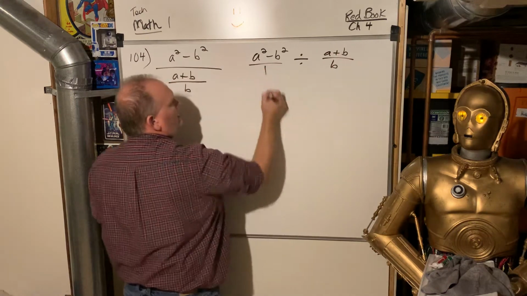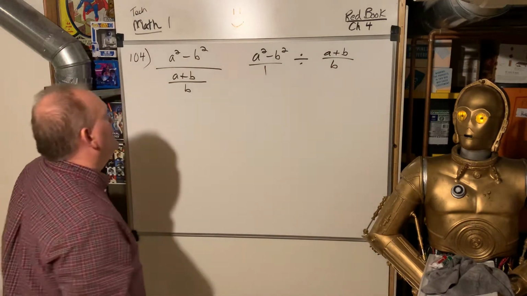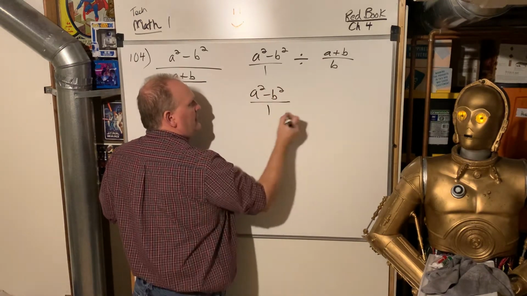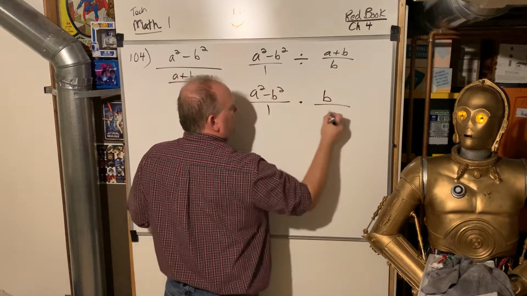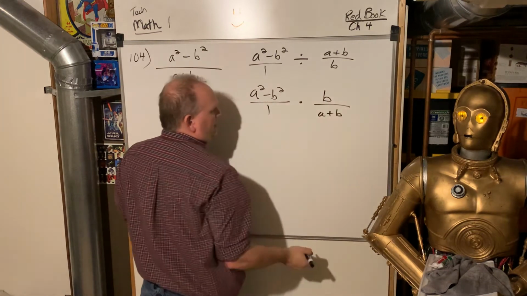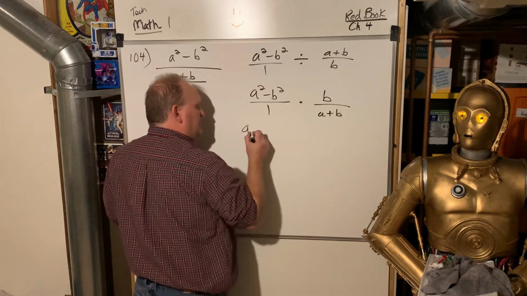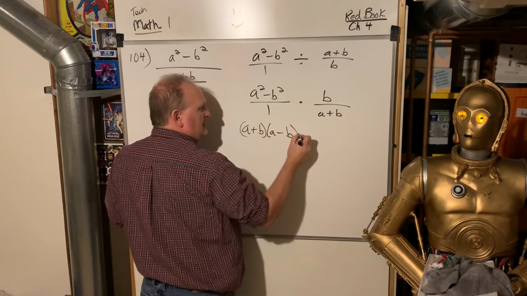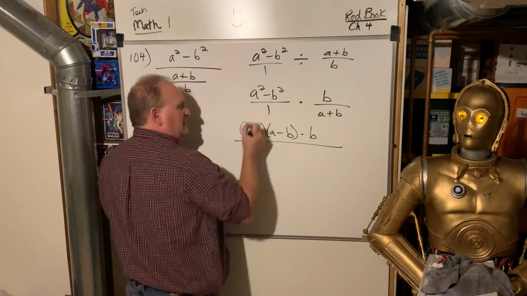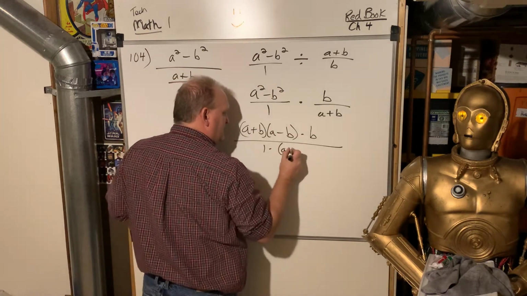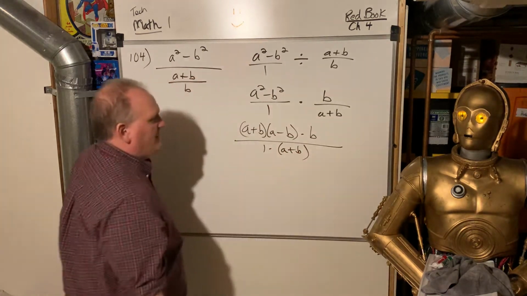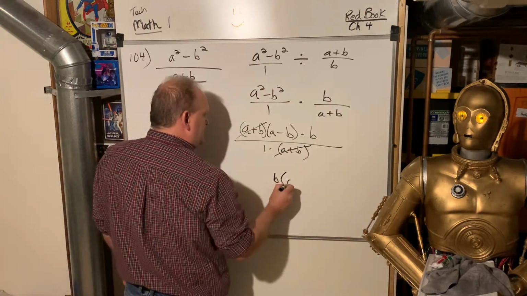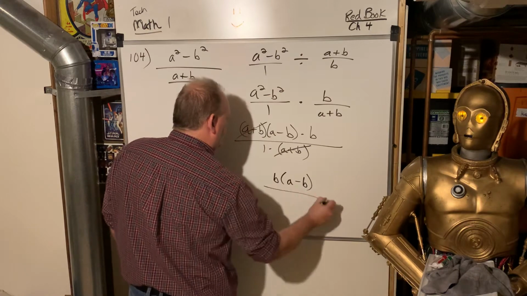Now remember, we never divide fractions. We multiply by the reciprocal, so we got a squared minus b squared over 1 times b over a plus b. All right, and now we can factor that to a plus b, a minus b on the top, times b. On the bottom, we got 1 times a plus b. And look at what happens. The a plus b's cancel. And you're just left with b times a minus b